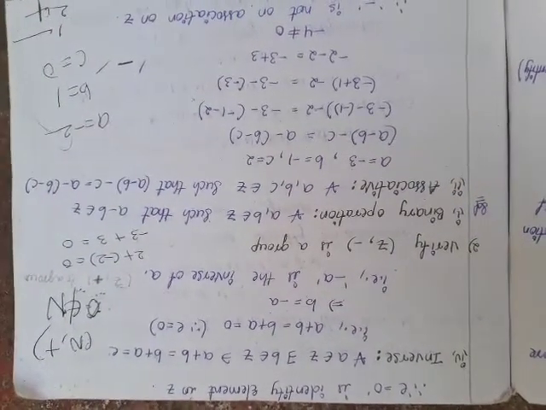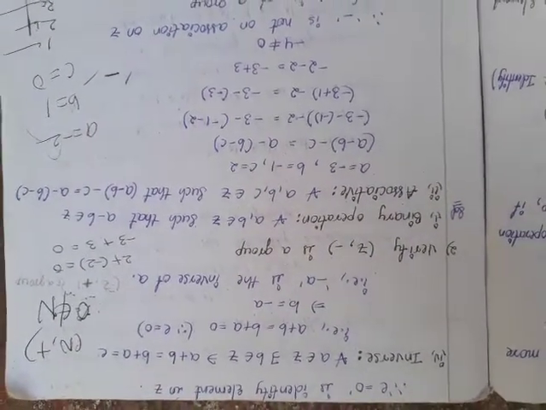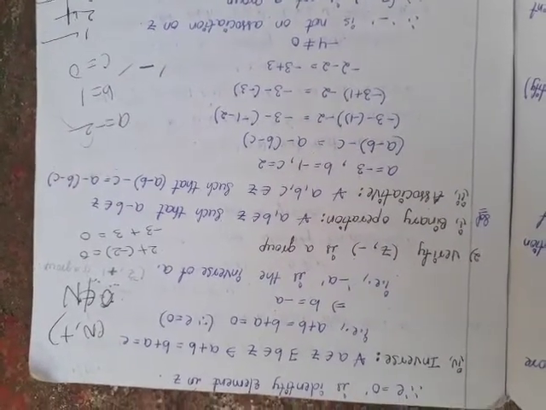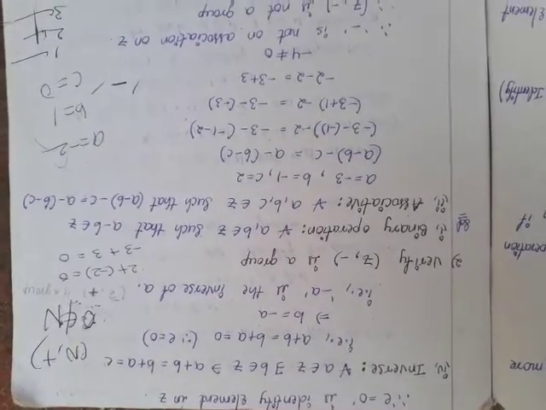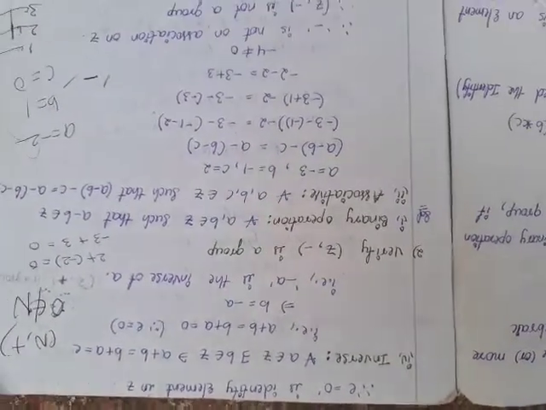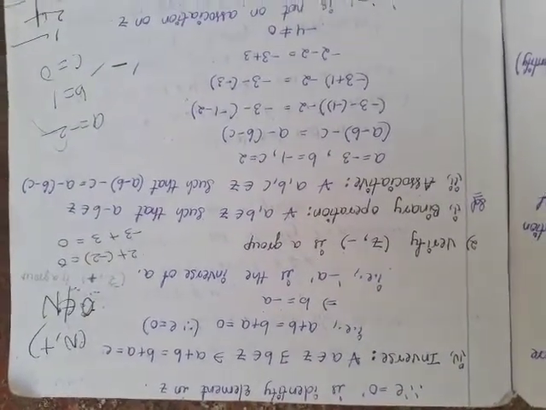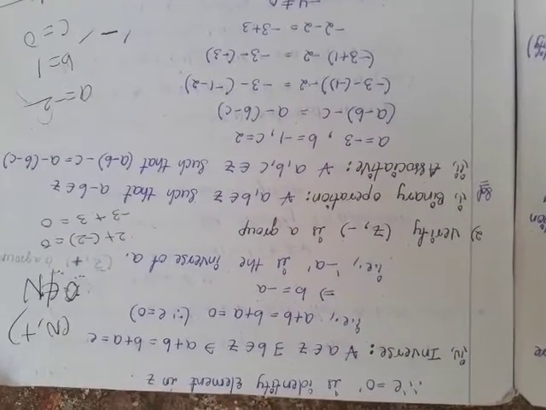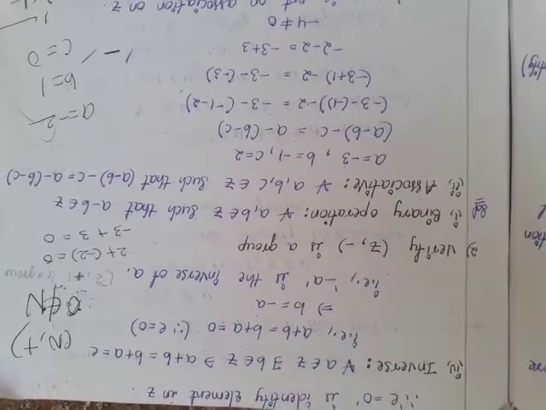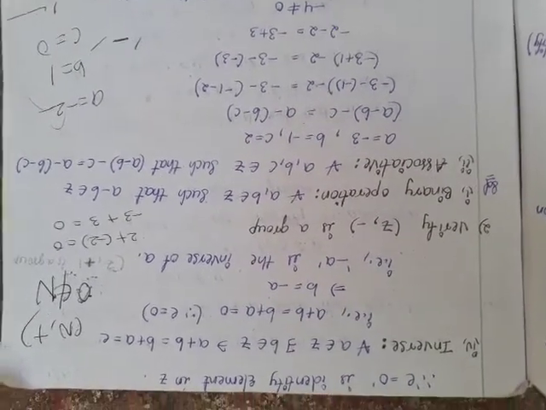So therefore 2 and minus 2 are the inverse of each other. Minus 3 comma 3 are the inverse of each other. Not only 2 comma minus 3, for all the elements in capital Z has its own inverse. So therefore it satisfies inverse property. So therefore Z comma plus is a group. It satisfies binary, associative, identity, inverse property.